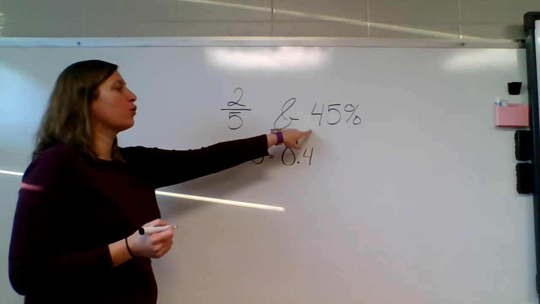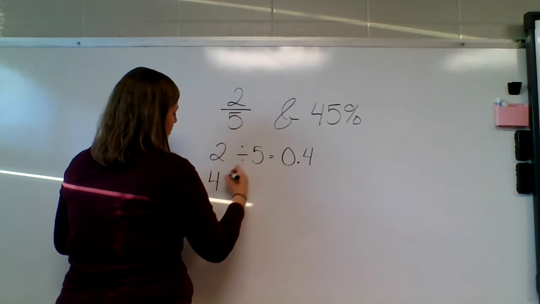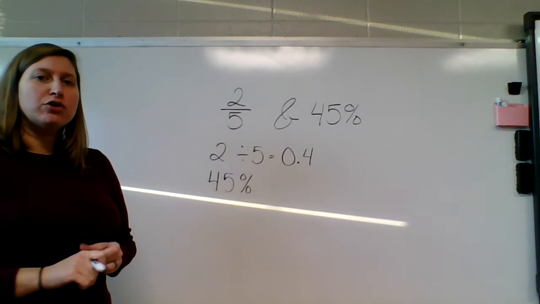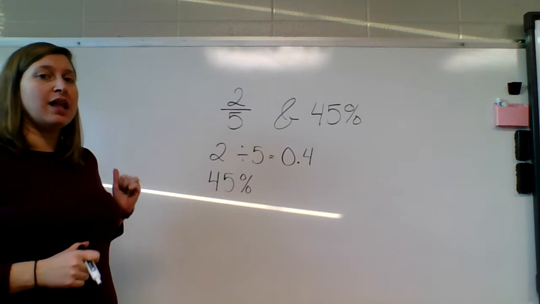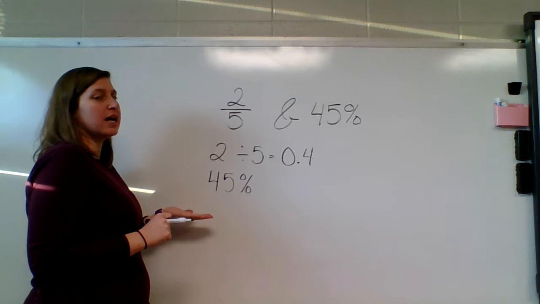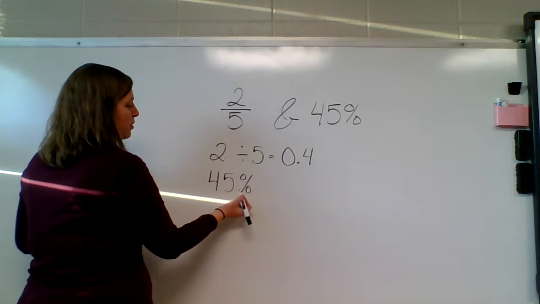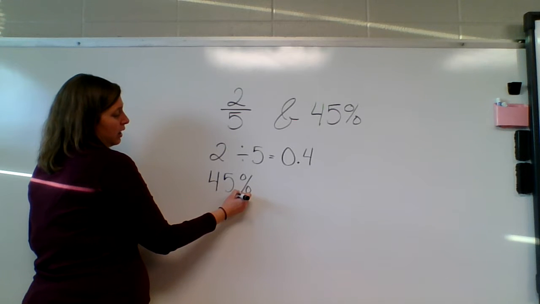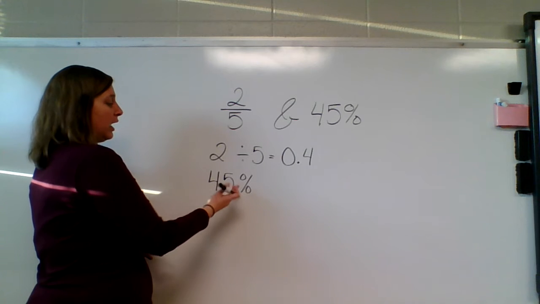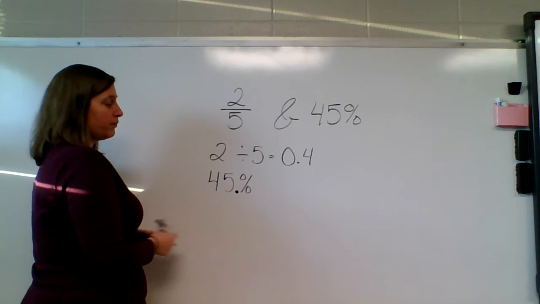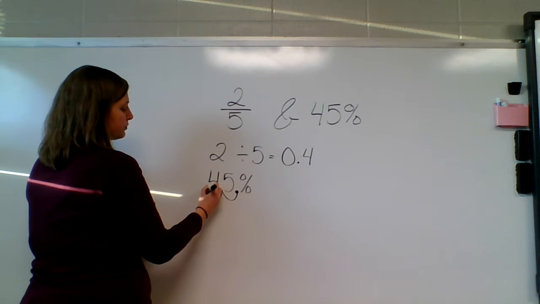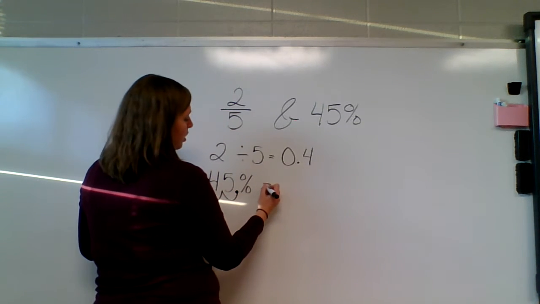And then we're going to have the 45%. Whenever we have a percentage, remember, all we have to do is move our decimal 2 times to the left to make it into a decimal from a percentage. So where's the decimal in 45%? It's going to be right at the end, because it's representing a whole number right now, and our decimal is always at the end of whole numbers. We're going to take that decimal and move it 2 times to the left. 1, 2. So now we have